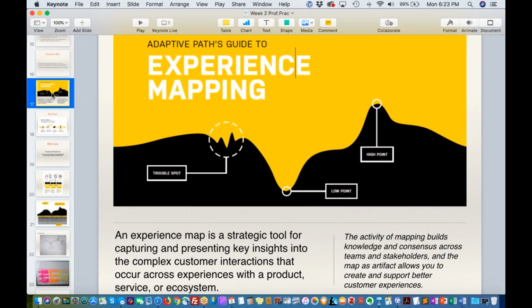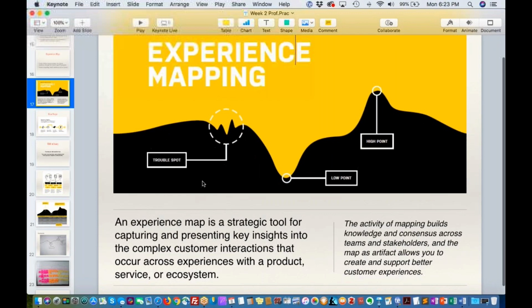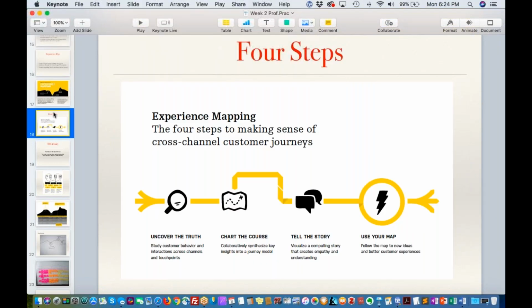So the Adaptive Path Guide to Experience Mapping is a little PDF that you can download that's got all the information about how to use it as a product. We're using this just as a reference so that you can understand what an experience map entails. It really has 4 steps, and you're thinking about how these 4 things